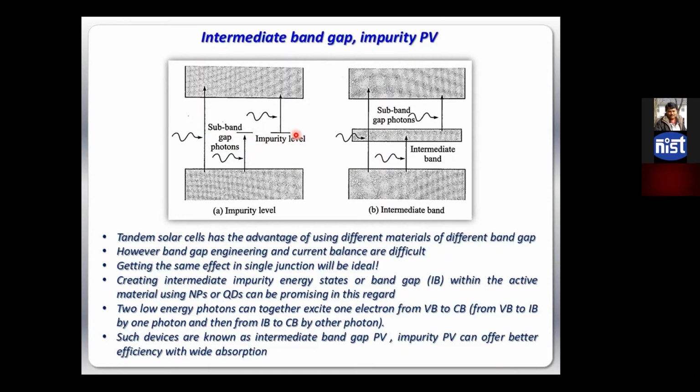So those impurity states now can help us harvest lower energy photons. How? Suppose one photon which had this much energy could not excite one electron from the valence band to the conduction band. Now it can excite one electron from here to the sub band gap impurity level, and another similar photon can now make it jump from there to there. So suppose initially for a band gap of 1.45, if I had a photon of 0.7 electron volt, which was not capable of generating any electron hole pair, now two such photons of 0.7 electron volt can join hands and can at least excite one electron hole pair through the impurity levels, right?